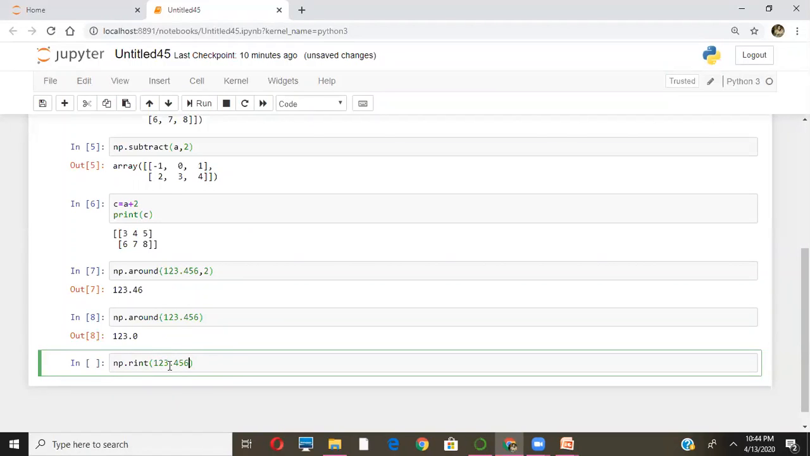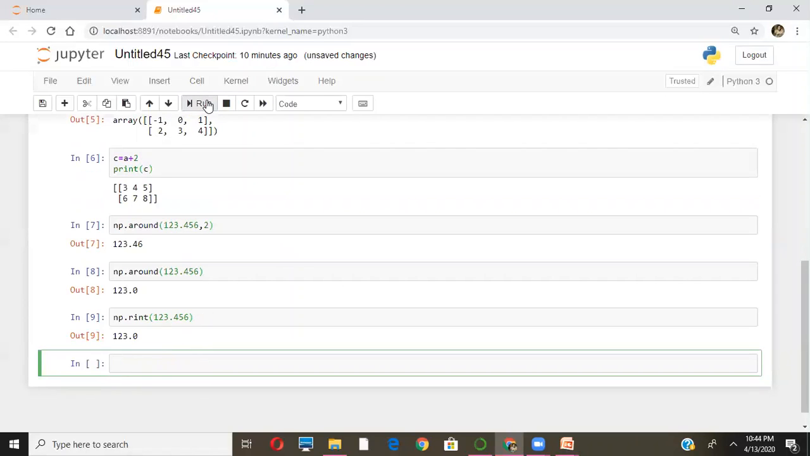And what it will do is, it will just check after the decimal value, if it is 5 or more than 5, 1 will be added to the integer part. Otherwise, the integer part will be displayed as such. So here 1, 2, 3 will be the answer. And now we shall go to